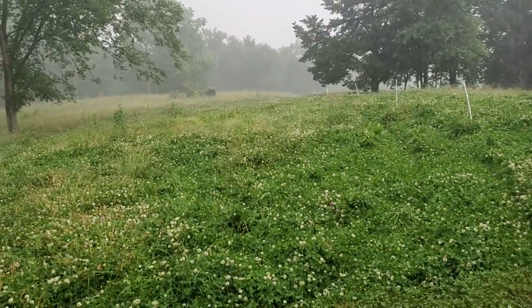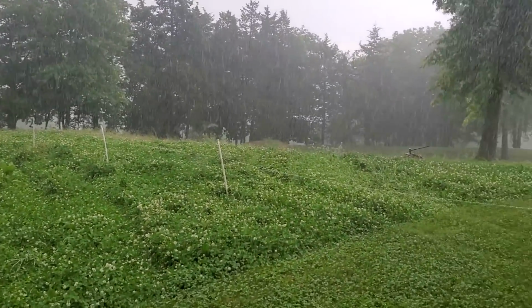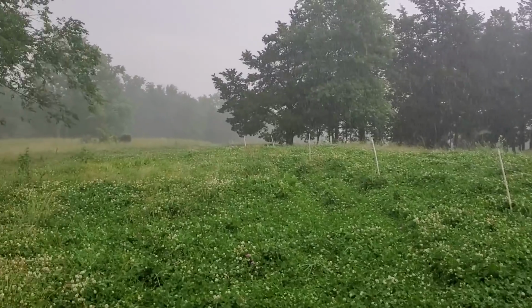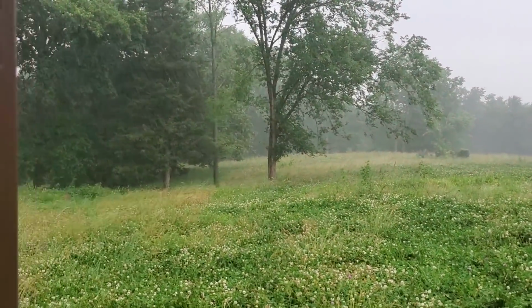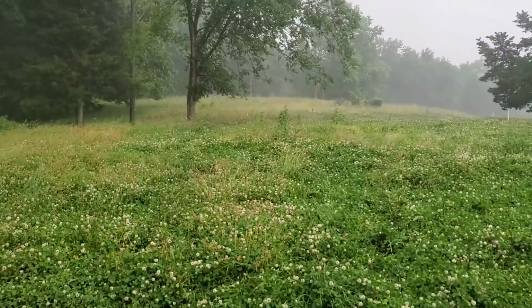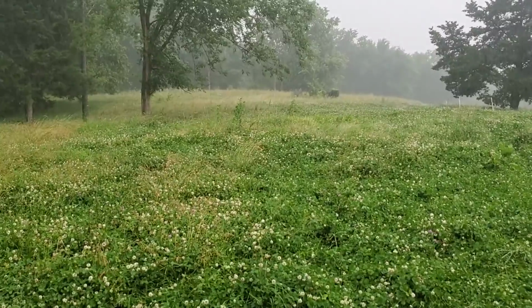And we've got a lane all the way back to the big farm. That's what this is. This is electrified. And we're going to lock them in about where that cedar tree is, across over to that fence row. So in the morning, we'll bring the whole mob up, 300 and some head, put the wire up behind them,